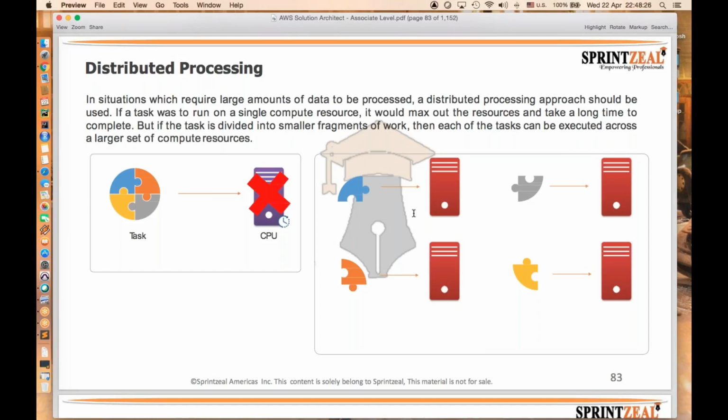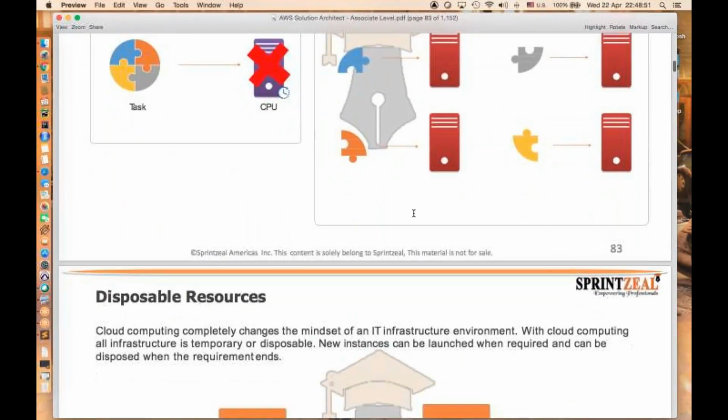So it will distribute the processing request to the other servers which are available. That's where that server can minimize the load on it, and the requests being processed at the same time can be handled without any disruption or taking more time to complete the transaction. Okay.